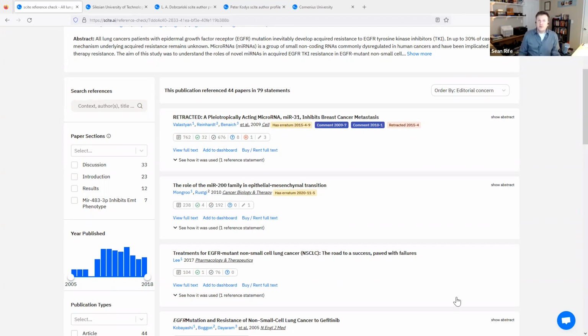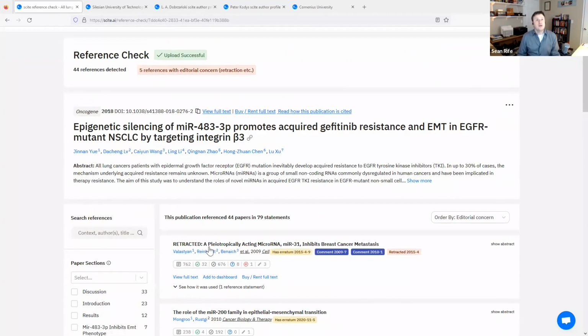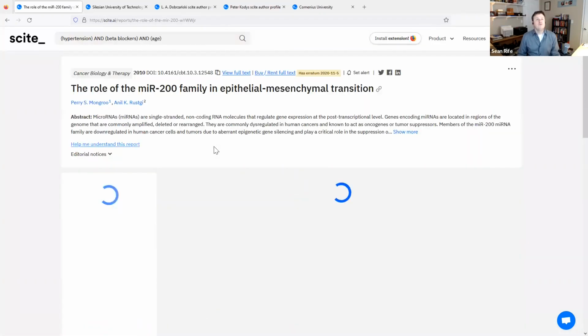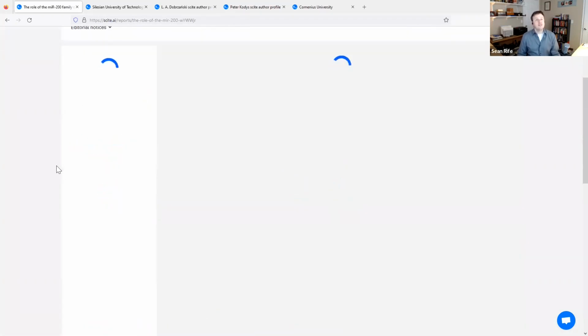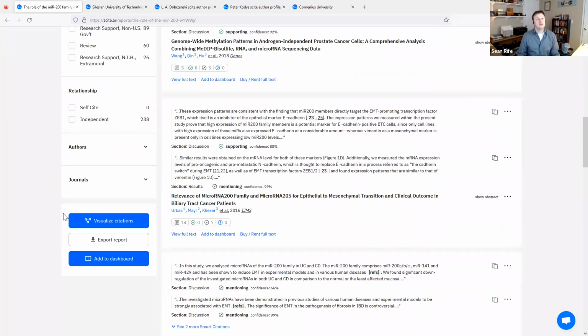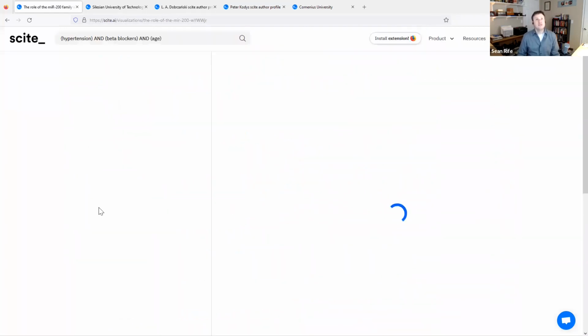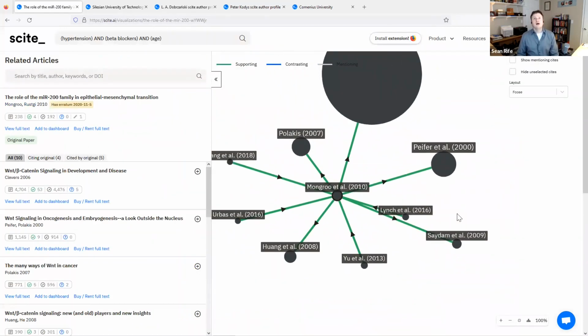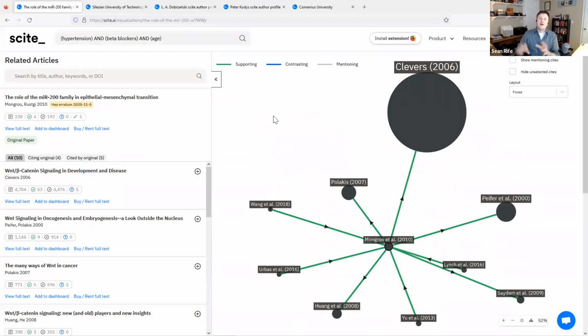And we have the ability to, I didn't get a chance to really talk about this in a lot of detail, visualize how a paper is being cited. If you go to this visualize citations feature here, it will give you a cool little graph image. If you're more of a visual person and would like to see how a given paper is cited by others or what it's citing, we can visualize that as well.